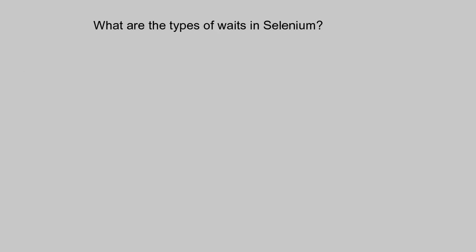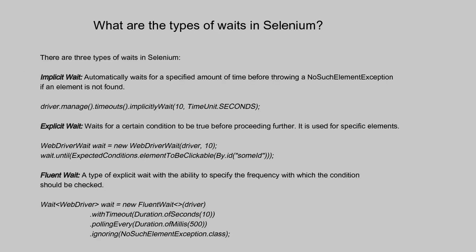What are the types of waits in Selenium? There are three types of waits in Selenium. Implicit wait: automatically waits for a specified amount of time before throwing a NoSuchElementException if an element is not found. Explicit wait: waits for a certain condition to be true before proceeding further. It is used for specific elements. Fluent wait: a type of explicit wait with the ability to specify the frequency with which the condition should be